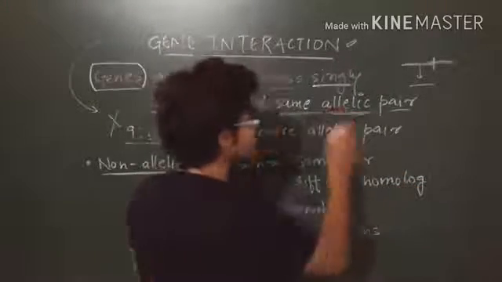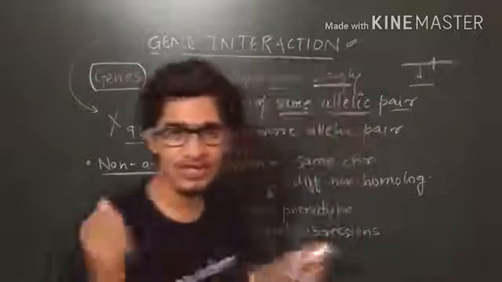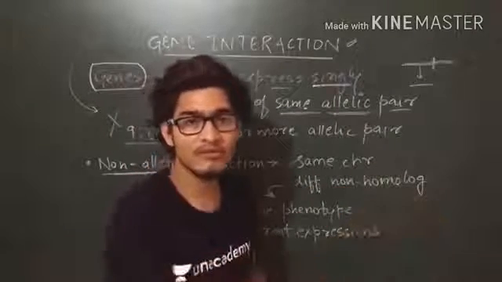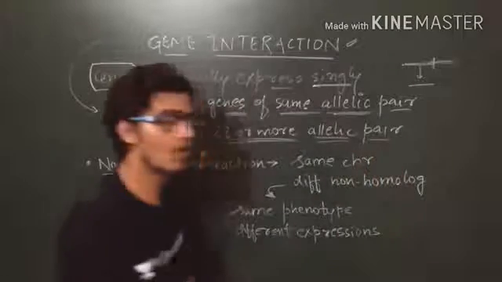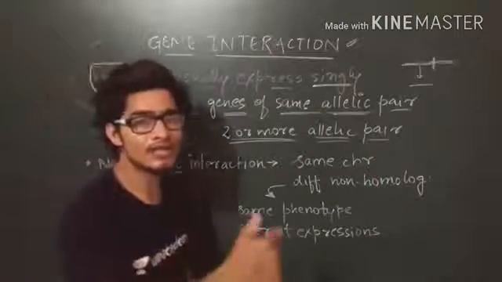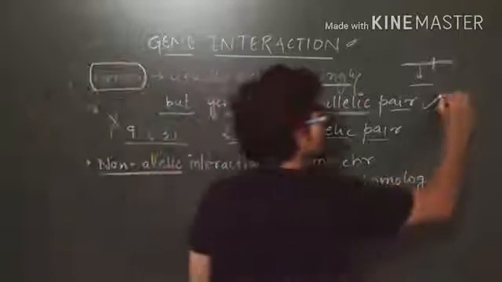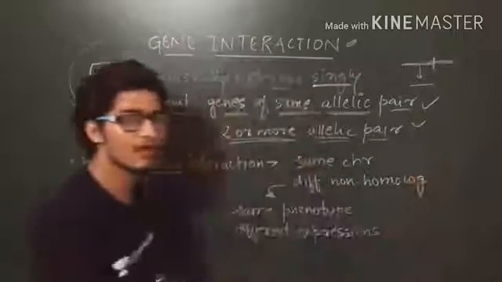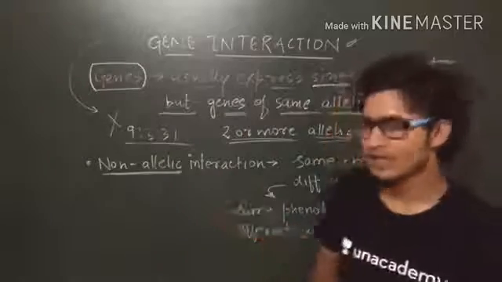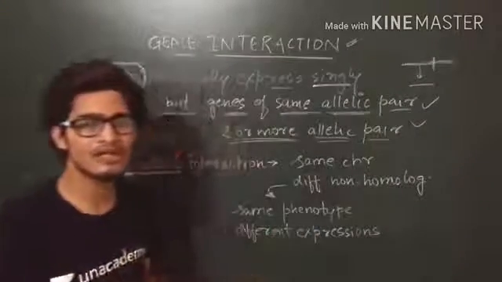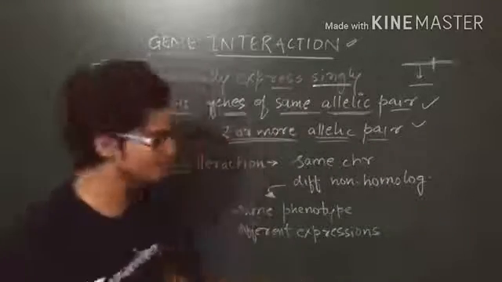In the same way, the genes that are interacting, the expressions or we can say the products that are interacting with each other, can be from the same allelic pair, or can be from two or more different allelic pairs. It means that they may or may not be an allelic pair. Both cases are there: when the genes or their products interact, they can be of the same kind and they can be not of the same kind.